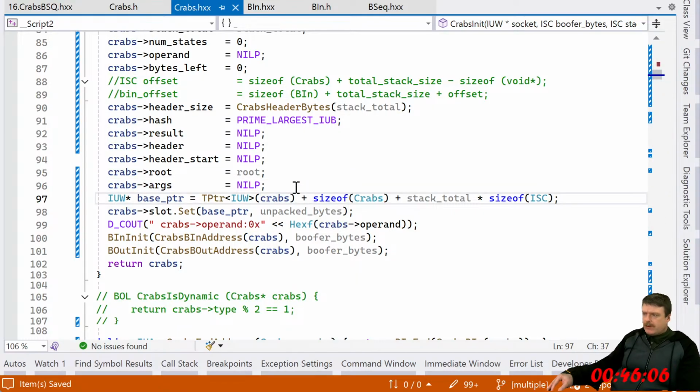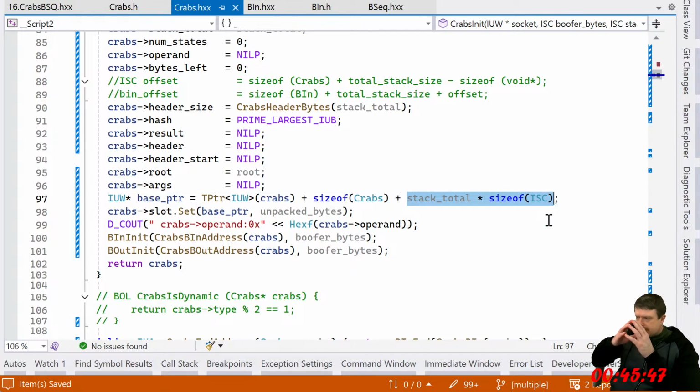And then don't I need to do something with the slot? Times ISC. This doesn't make any sense.